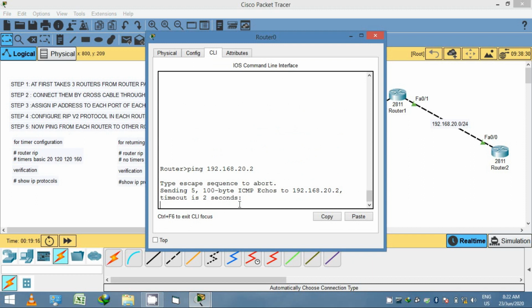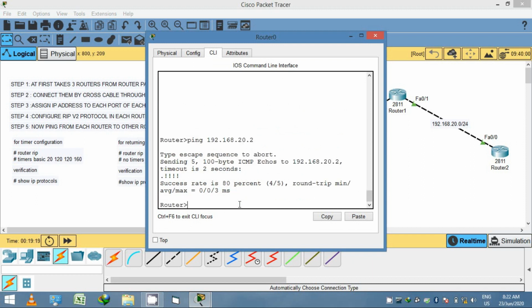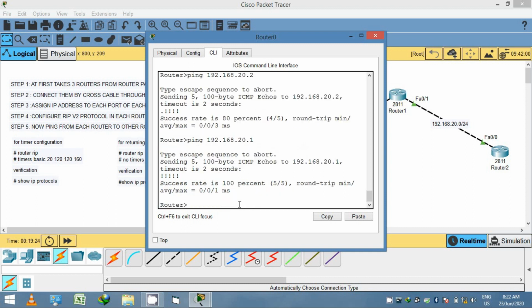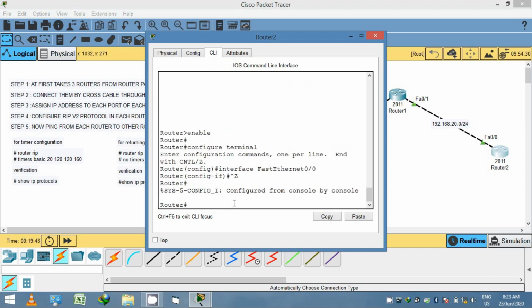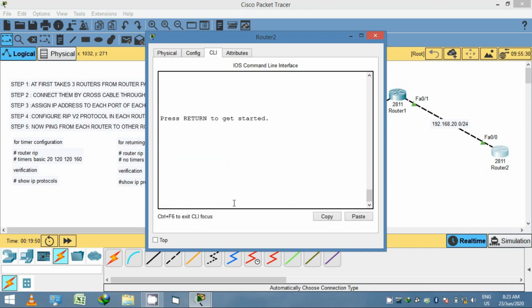A route will enter a hold down state for one of three reasons. Number one, the invalid timer has expired. Next one is an update has been received from another router marking that route with a metric of 16, that is, it reaches after 15 hops or is unreachable. Third one is an update has been received from another router marking that route with a higher metric than what is currently in the routing table. This is to prevent loops.